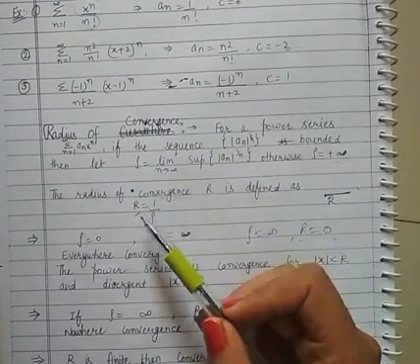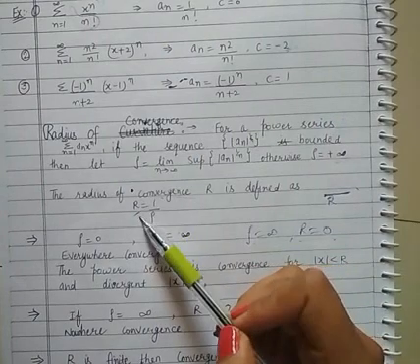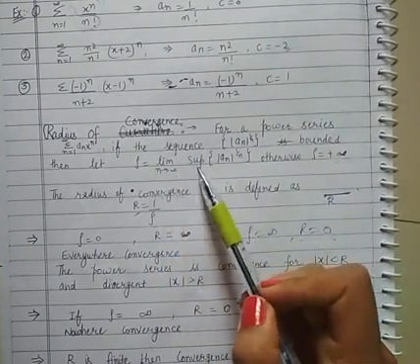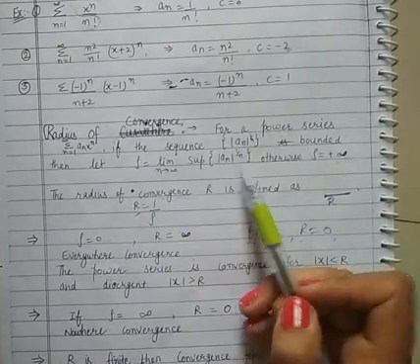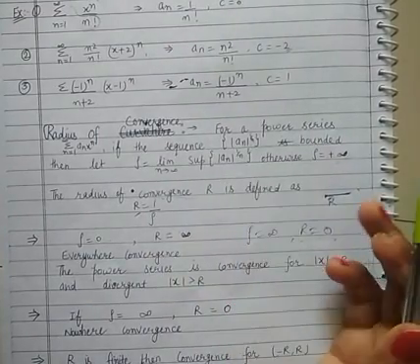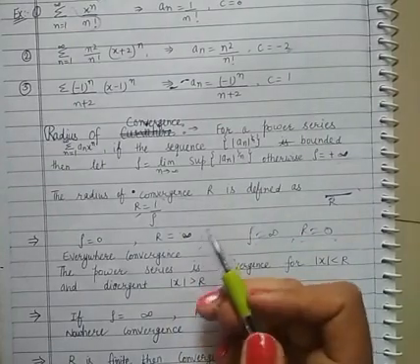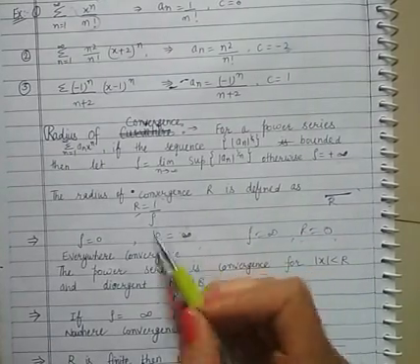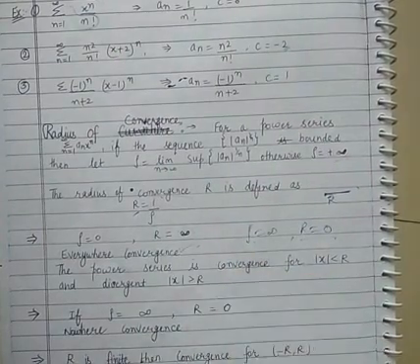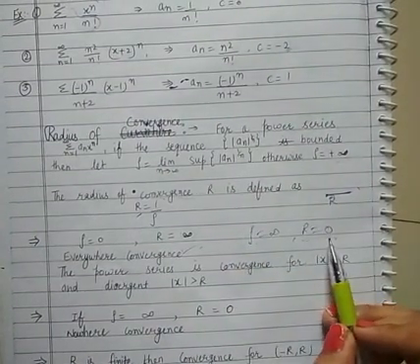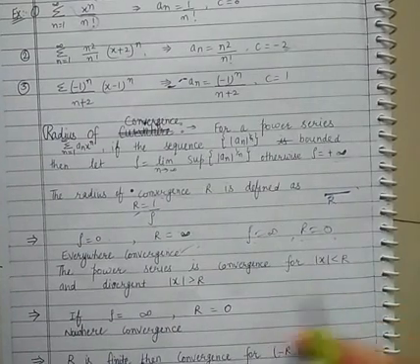So here it is important to understand how you can find this r. This r is 1 by rho, and rho is the limit as n tends to infinity of the supremum of a n power 1 by n. If we get r to be infinity, that is, the radius of convergence is infinity, we get convergence everywhere. And if we get r to be 0, we get convergence nowhere.